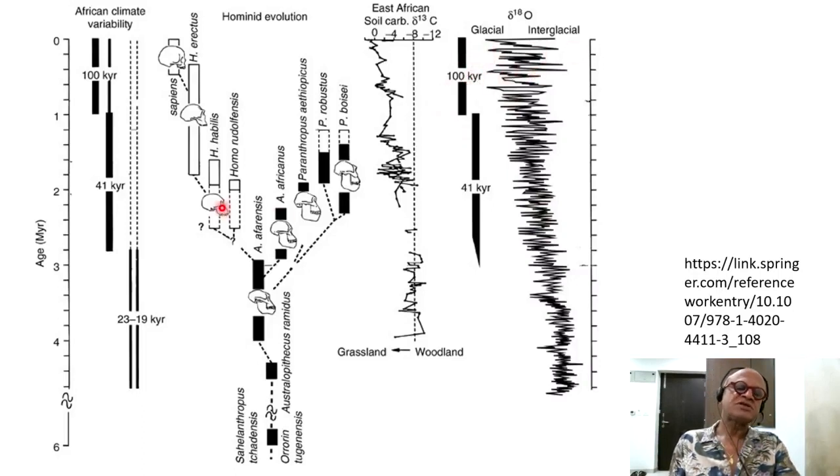So this hypothesis about whether climate played a critical role in our evolution, so here 23 to 19 kilo years, so that's more of a precession time scale, obliquity time scale, eccentricity time scale,